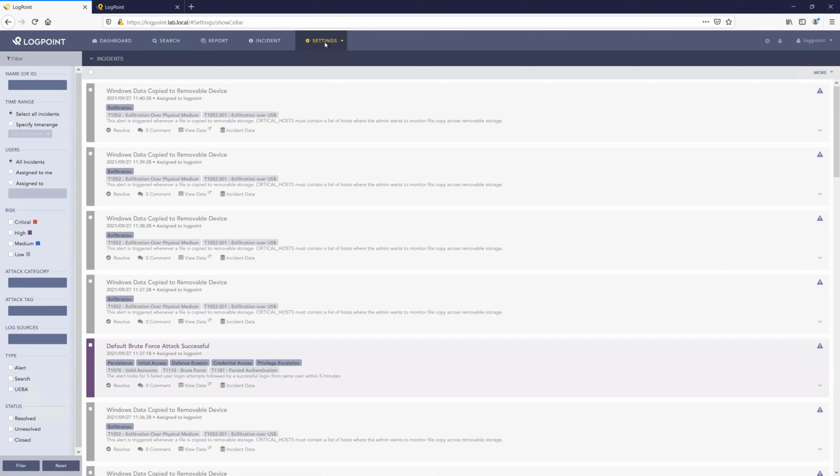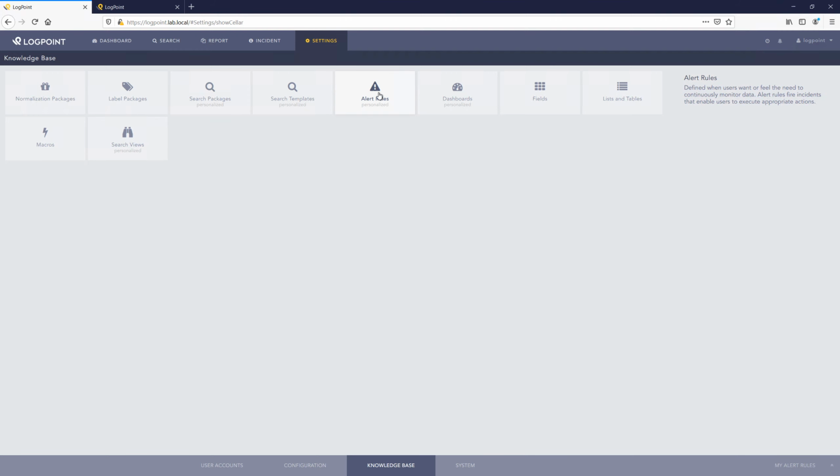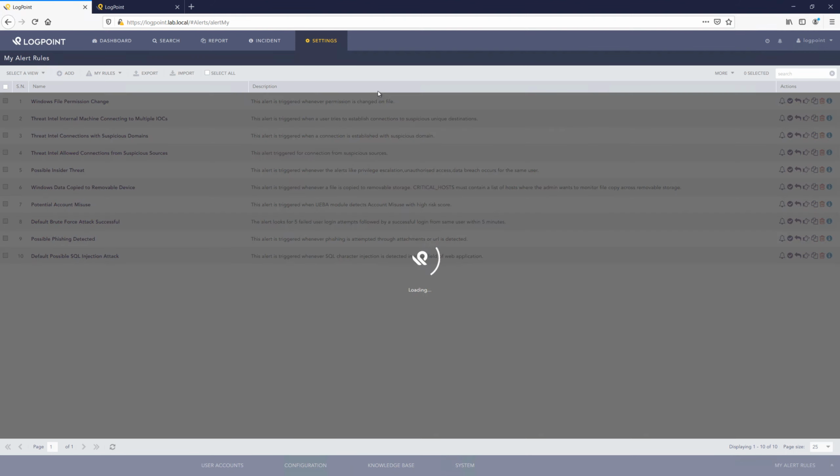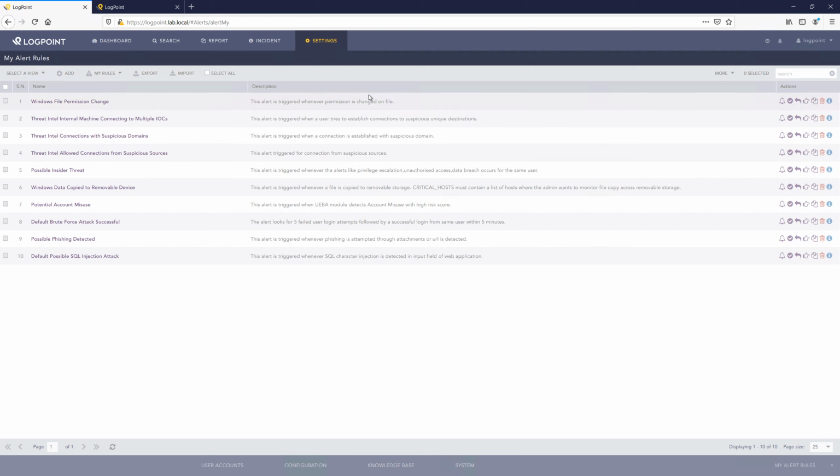It gets even more interesting when we have a look at how these alert rules are defined. So this is the view that if you've ever used alert rules in LogPoint, you'll be familiar with. These are my alert rules, i.e. rules that I've cloned and activated. They're currently running. The only information available is the name and the description, which becomes challenging when you look at